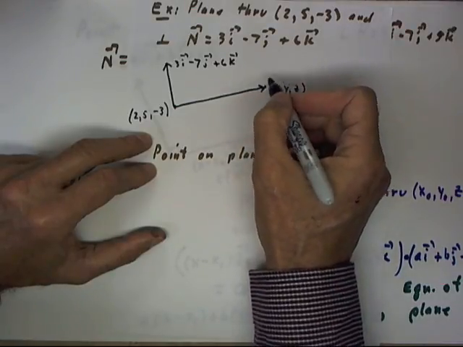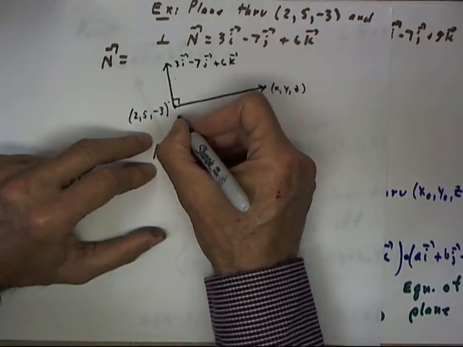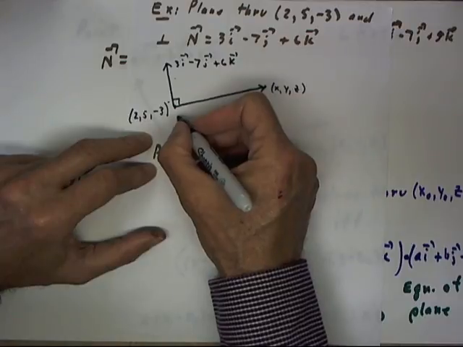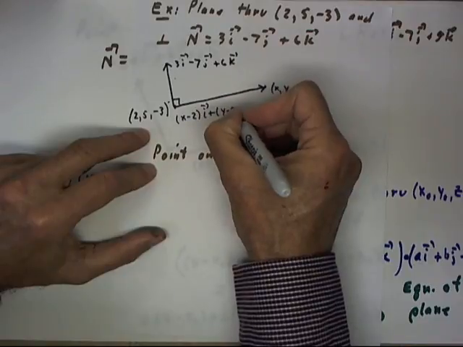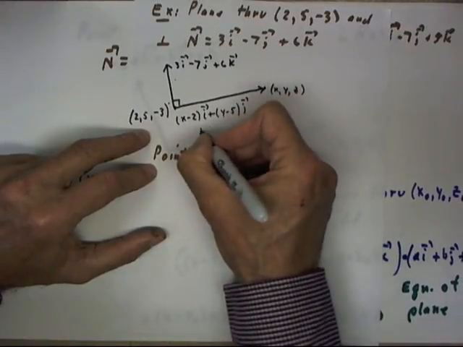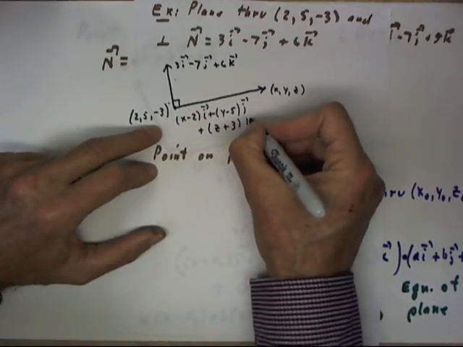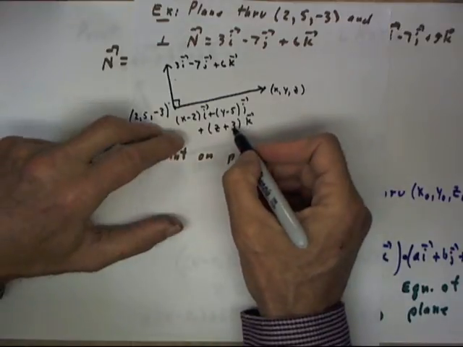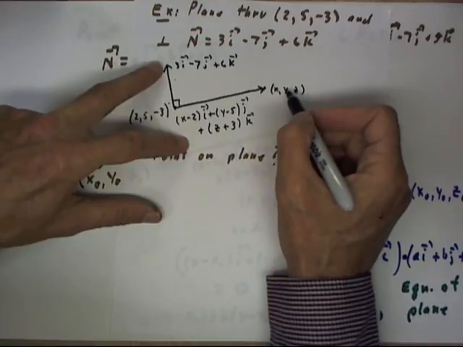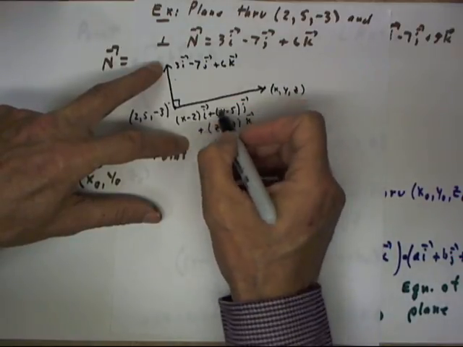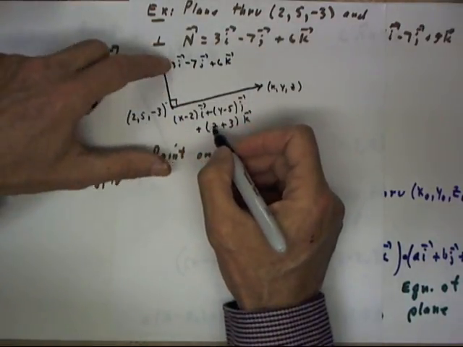And we find that the point is on the plane if and only if this vector is perpendicular to this vector. This vector is going to be x minus 2 i plus y minus 5 j plus quantity z minus negative 3, which would make it z plus 3, times k. If this vector is perpendicular to this, then xyz lies on the plane, and if xyz lies on the plane, then this vector must be perpendicular to this one. So by taking the dot product of these two vectors,